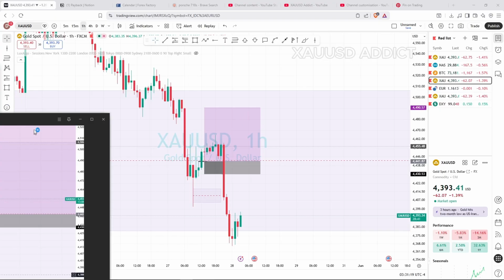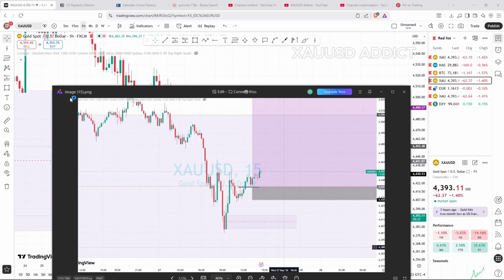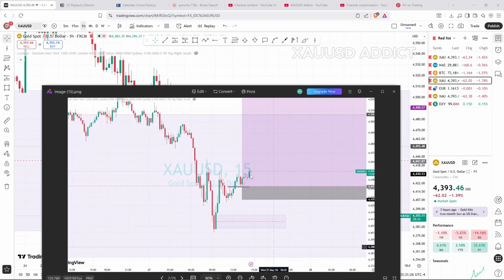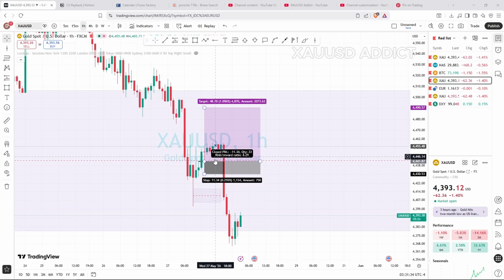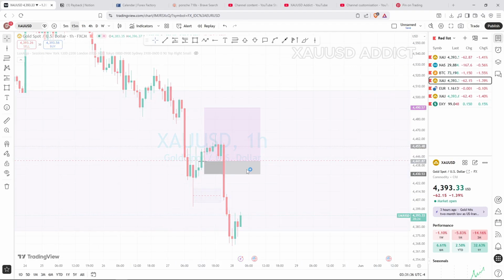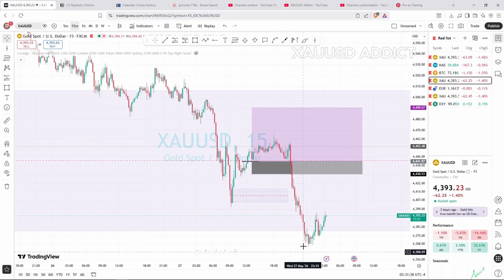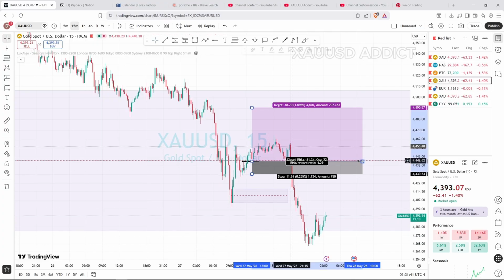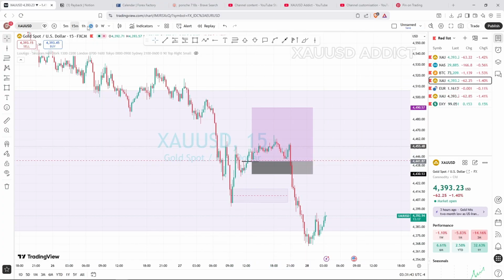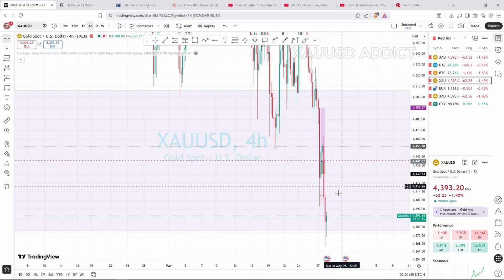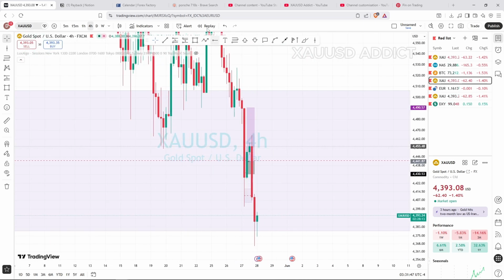So this is the trade that I took on Wednesday. You can see I took it on this breaker block on the 15-minute time frame, and this is the one. Yeah, this trade. Okay, and where was I targeting? I was targeting the 4-hour fair value gap at this zone.